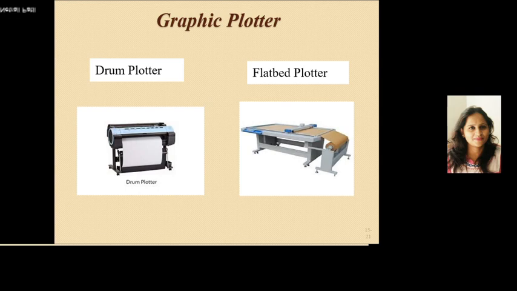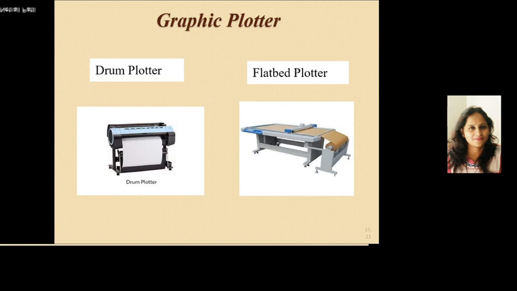It also consists of a mechanical device known as a robotic drawing arm that holds a set of colored ink pens or pencils. Okay. This work is done under the control of a computer. The robotic drawing arm moves side to side as the paper is rolled back and forth through the roller. In this way, a perfect graph or map is created on the paper.